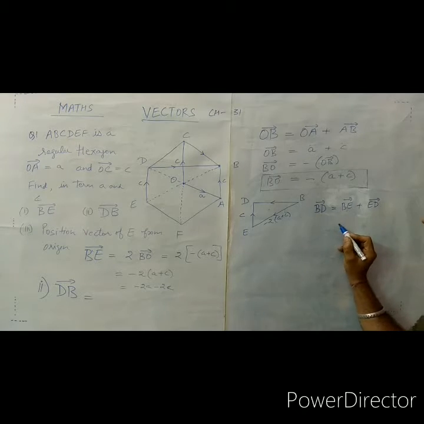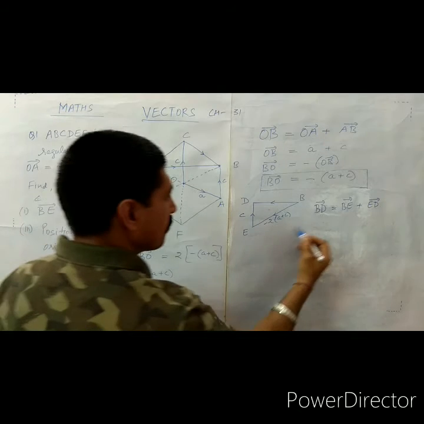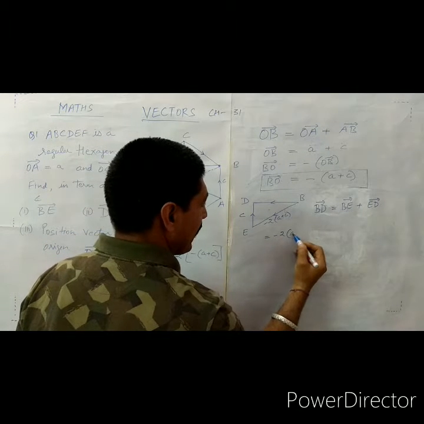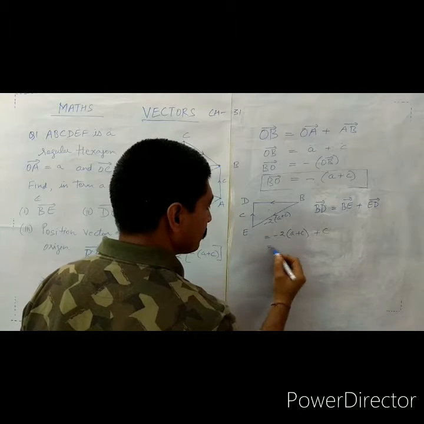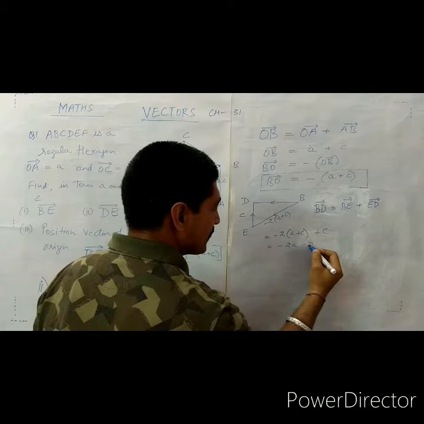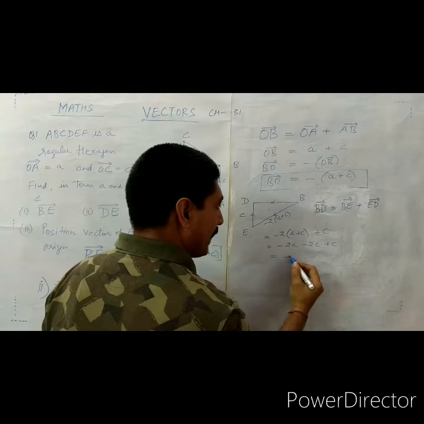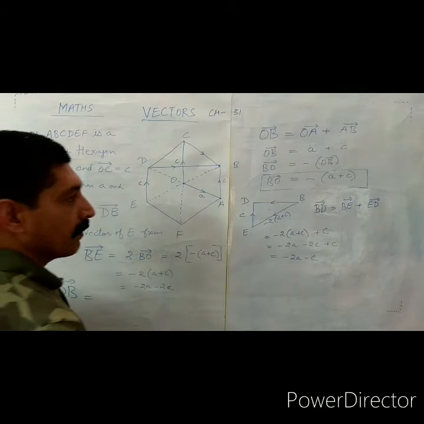So here we have, this is minus of 2A plus C plus C. So we have, it is minus of 2A minus of 2C plus C. So answer is minus of 2A minus C. But we want